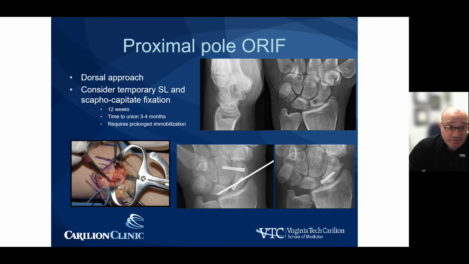For proximal pole open reduction and fixation, one of the things to consider in your practice is a dorsal approach. In addition to doing your reconstruction, consider a temporary scapholunate pinning or scaphocapitate fixation. In this study, we noted that at 12 weeks, time to union was 3 to 4 months. It does require prolonged immobilization, and sometimes that scaphocapitate screw or pin, the pin specifically, can back out,